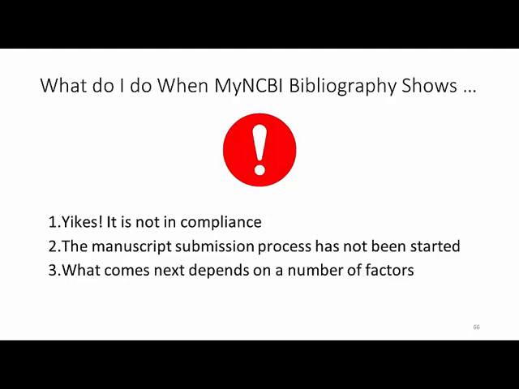There are so many different reasons why it might be in this condition. It could be that it's stalled. It could be that the process was never started. It could be a number of different factors, including the fact that the article wasn't acknowledged as an award granted publication. I've seen that happen a couple of times. And so the PI at that point has a decision to make. Do I just say, okay, I'm not going to count this as grant funded activity, or I'm going to go through the process of